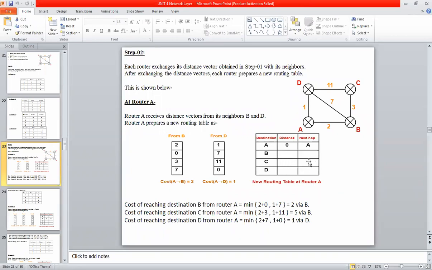And the next stop is C. Next stop is C. Why? Because you are considering the destination as C over here. And the last, for destination D, the cost of reaching destination D from router A. You have to mention how many links have been connected from D to A. You have to look into only the destination of D. How many links are there? D to A one is there, and D to B is there, and B to A is there. Got it? D to A one link, D to B, and B to A.